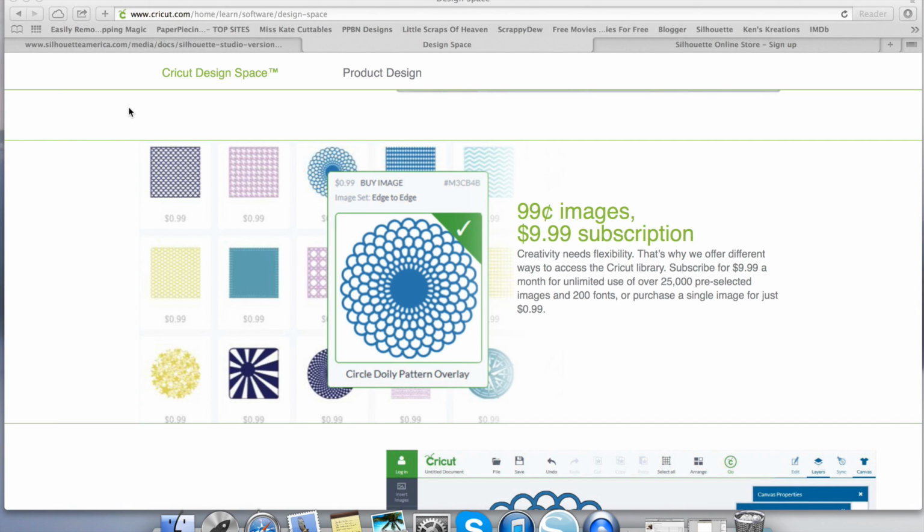What this gives you is 25,000 images pre-selected into your library. It also gives you 200 fonts. What it does not give you is access to any of their licensed or exclusive images. Licensed images would be any of your Disney, Pixar, Close to My Heart, Creative Memories, Anna Griffin, Hello Kitty, Superman, Batman,